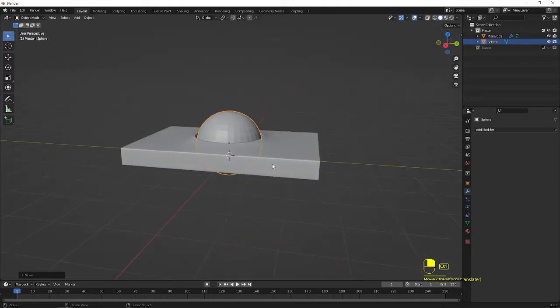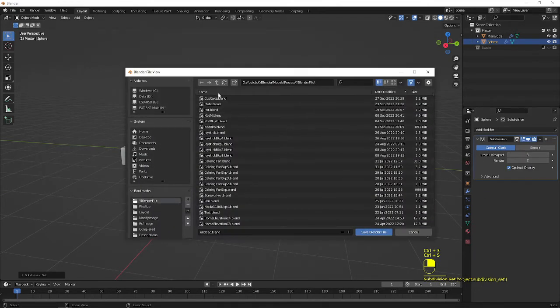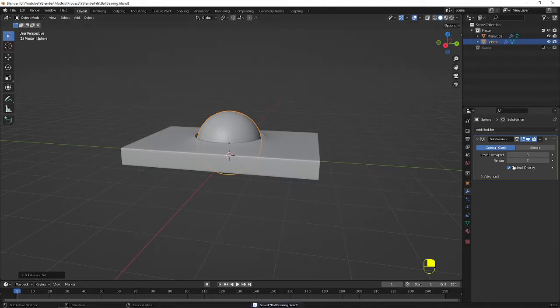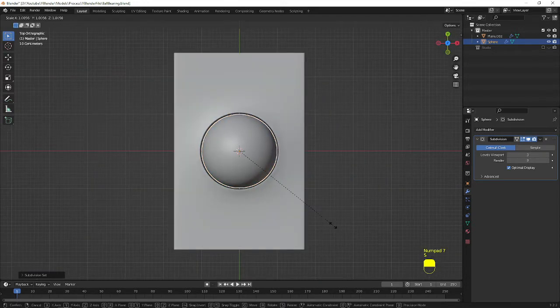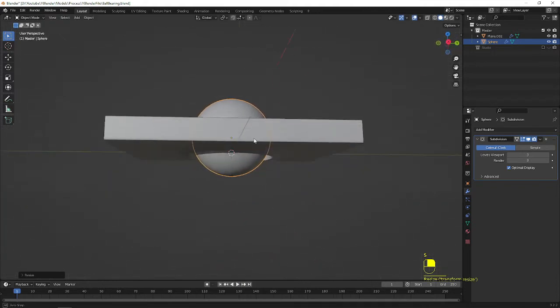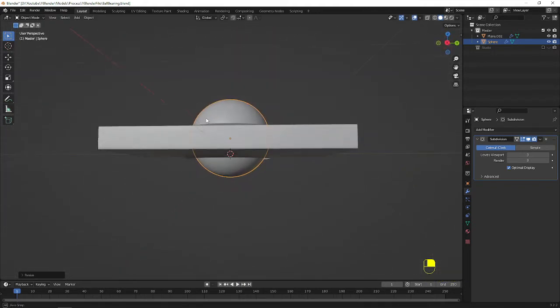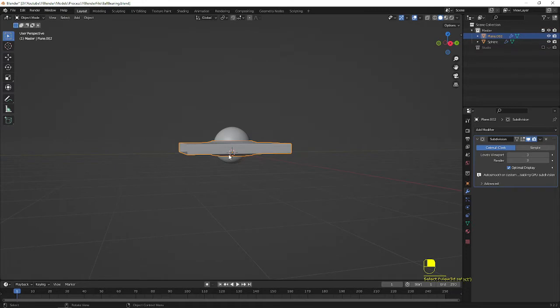Now I press Ctrl 3 to smooth and I save the file as ball bearing and I set the rendering as well in the rendering section. So I go to the top view and I scale it slightly up. Okay, this section has been completed for us now. So we can concentrate on one more section,